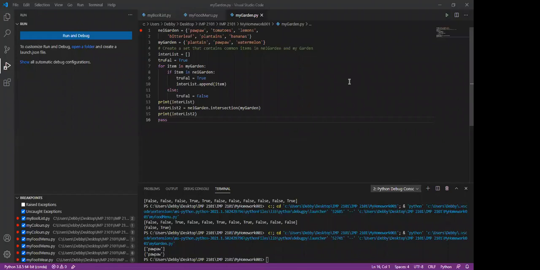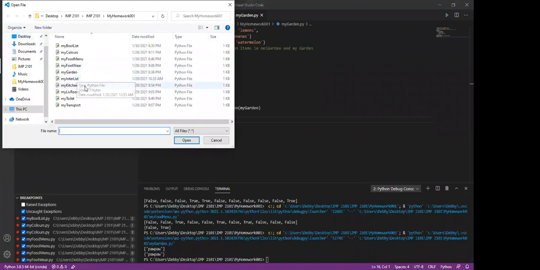Okay, so next, toilet items. Now, the one for the toilet items, we're asked to create a set that contains all items in your toilet and those in slide 14. With this question, we are going to learn some other things that we can do with the debugger. So I'm not just going to go through the code for toilet items the way it is. We are going to do some other things, just like we did with this one. We are going to learn something from that also. So let me open